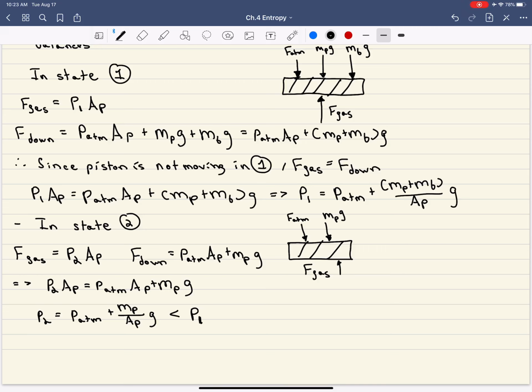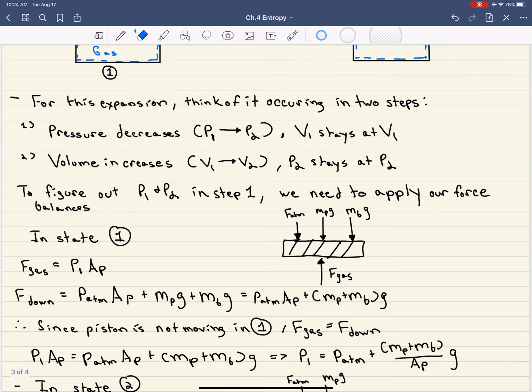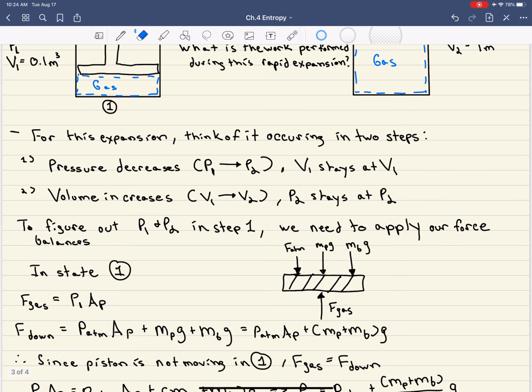And so we calculated what pressure 1 and pressure 2 would be, right? And I want to emphasize these equations have nothing to do with volume. The pressure is solely determined by the forces that the gas feels on it. In any case, in our hypothetical way that we split up this expansion,